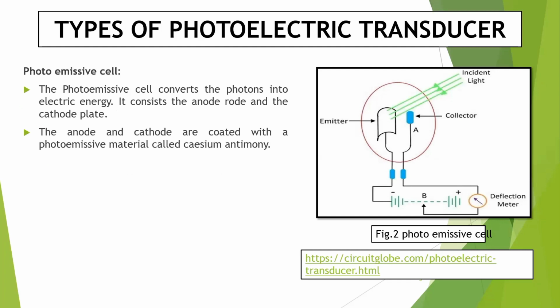I hope you remember that we discussed mu is equal to sin i upon sin r, one formula in plus one and plus two, regarding the refractive index. So the anode and cathode are coated with a photoemissive material that can be antimony, cadmium, or anything. We require a material with photoemissive properties, and when the incident light falls on it, we have a cathode and emitter, and then the deflection can be seen